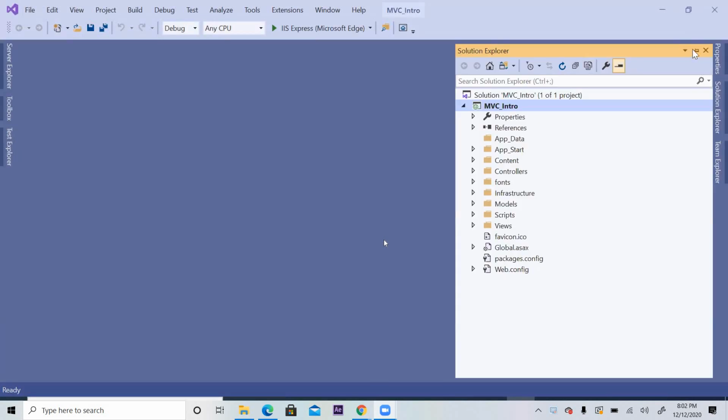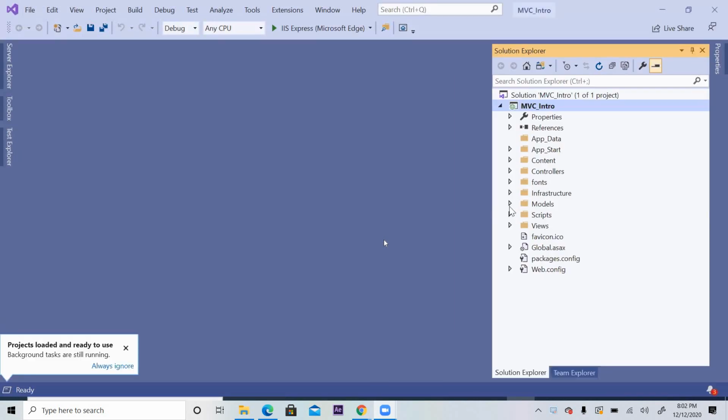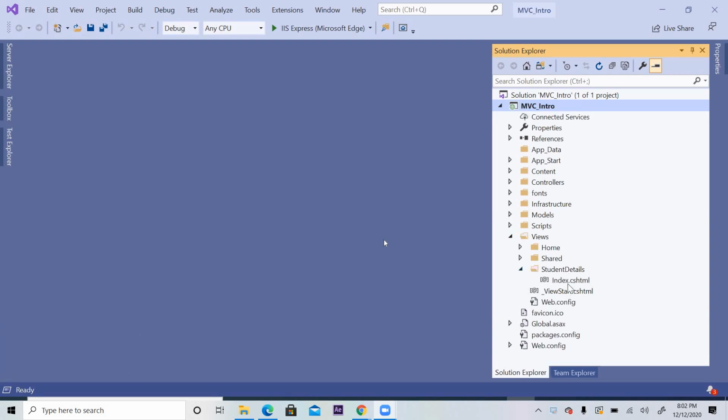So this time I'm going to create our own view. I will create an empty view. Let me delete this existing view. You can see under View, under Students Detail, index.cshtml is there, right?